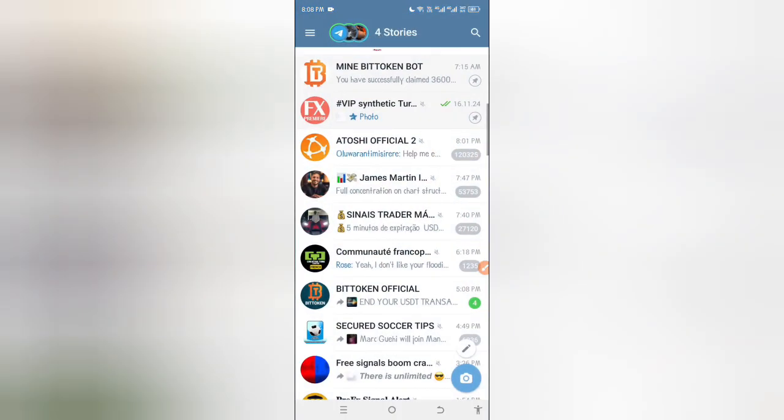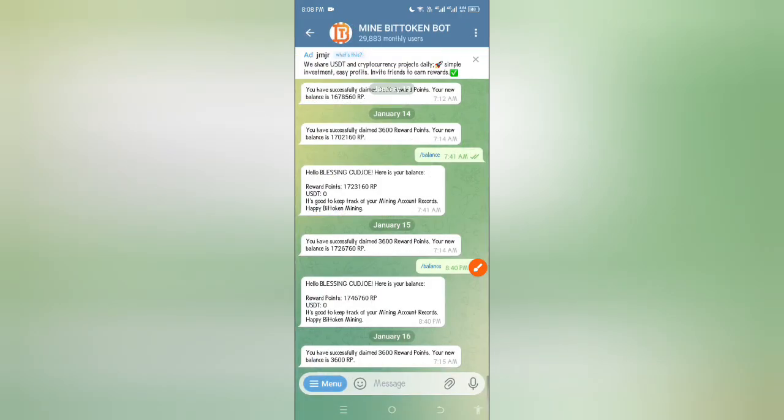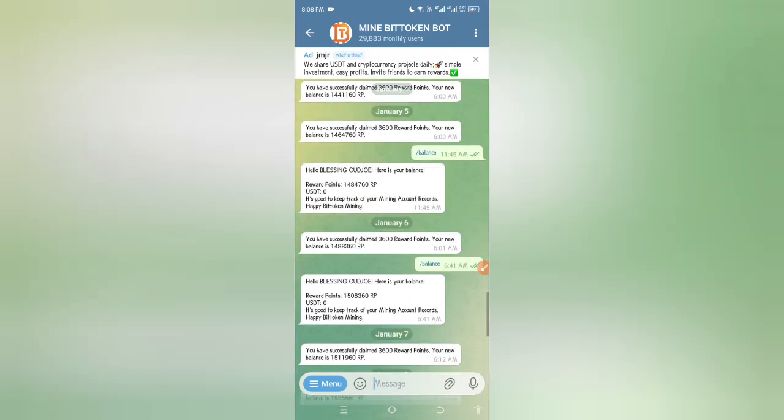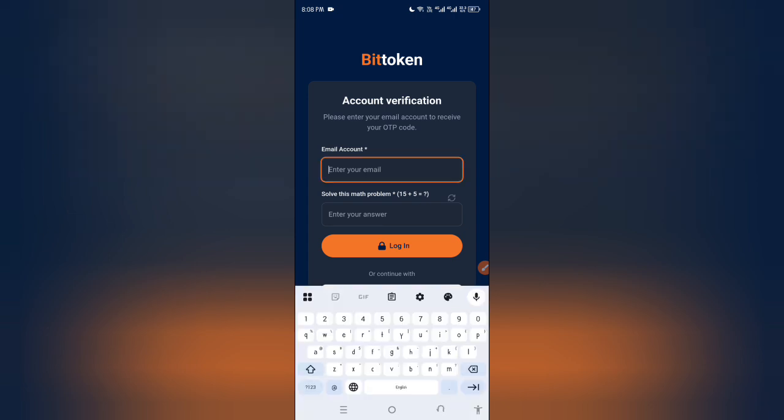Now when you come to Telegram, you see that this is the recent bot that we used to receive our OTP. That is mine, the bittoken bot over here. All right, and then this is the OTP that I've been receiving. Now let's come back to our app, and then let's try to log in, and then let's see if we'll